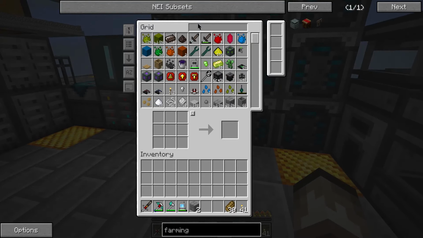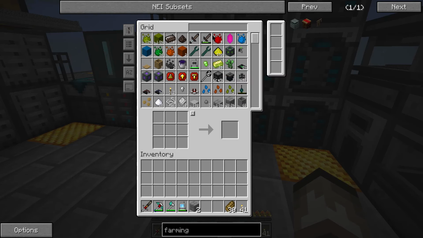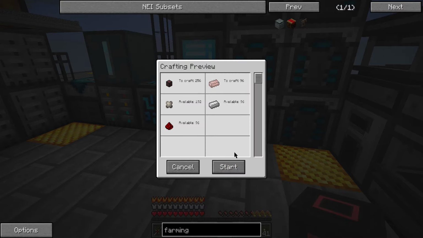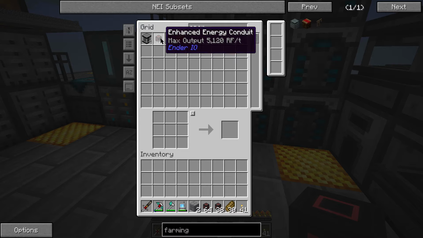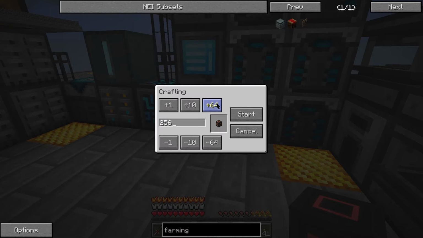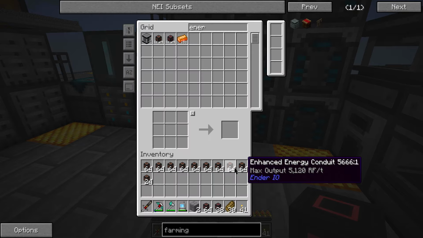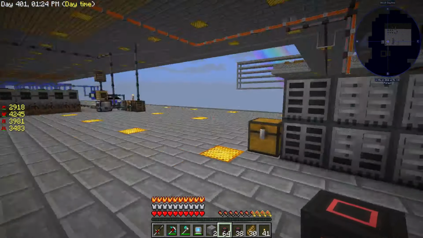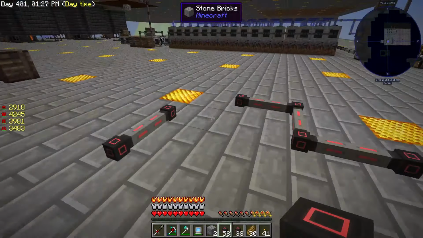Let's go grab some... wrong button. Energy. I'm starting to make the 2nd tier, by the way. A lot more of these. But the problem with it is I need to get a lot more items for that. Because what you do, like say for instance we have like a regular...